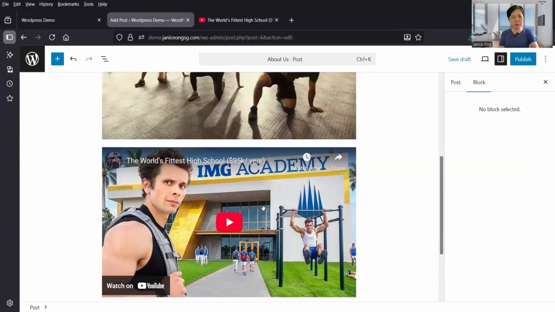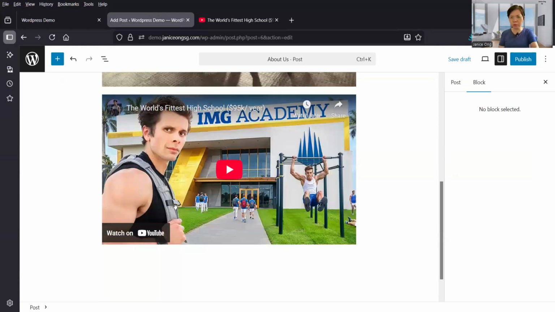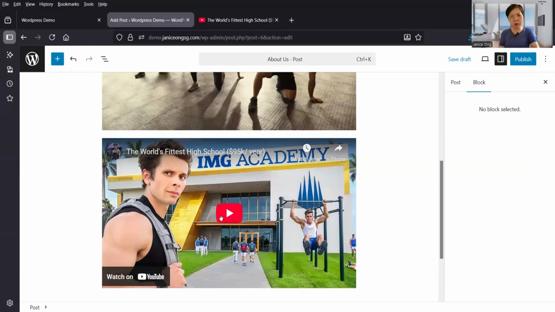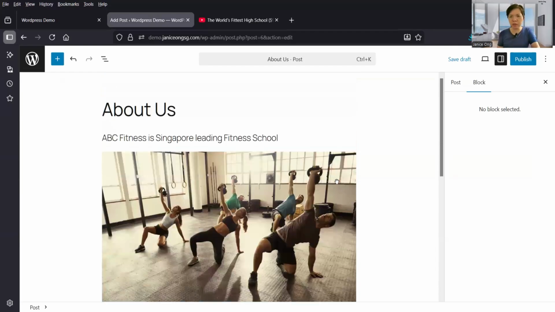Okay, so you can do your own video and I upload it into your YouTube channel to show your own services or products that you do. And I'm just giving you an example of how to put a video, and pictures and text. And this is actually using a block editor view. Okay, and then at your right hand side,